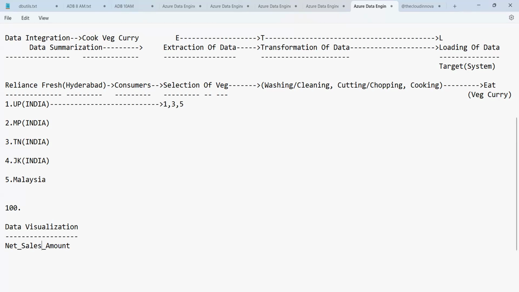So, net sales amount. What happens here is you will have to generate the net sales amount. So let's say the data is like this. The net sales amount is, let us say, 30,000. And on which date is it? The date of sales. Today's date, let us give 31st of July.